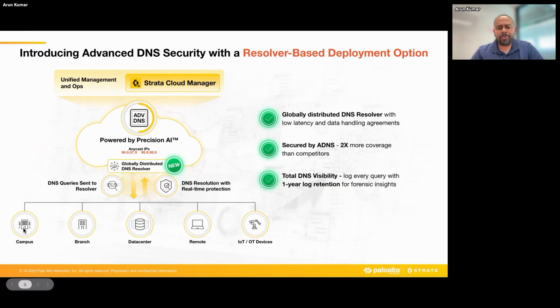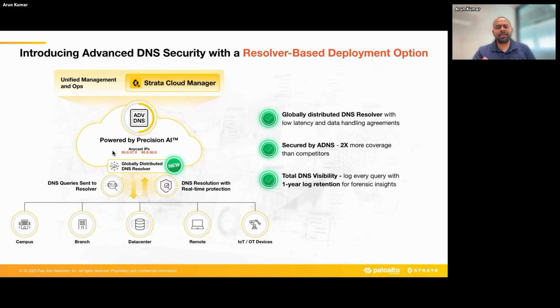So what we built was this cloud infrastructure, again, where we host 2 Anycast IPs. And what the customers need to do is essentially from their DNS server, if every enterprise will have their local DNS server, that local DNS server essentially just needs to forward the DNS traffic for any external resolutions to these 2 Anycast IPs. And as soon as we get that Anycast IPs, now what we will do is we will